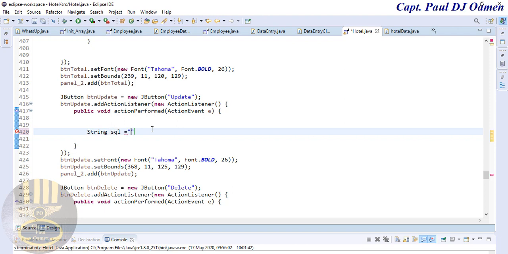And let's just say use SQL statement insert into hotel database the following, and that is going to be cost ref. That's the first, followed by first name, followed by surname,